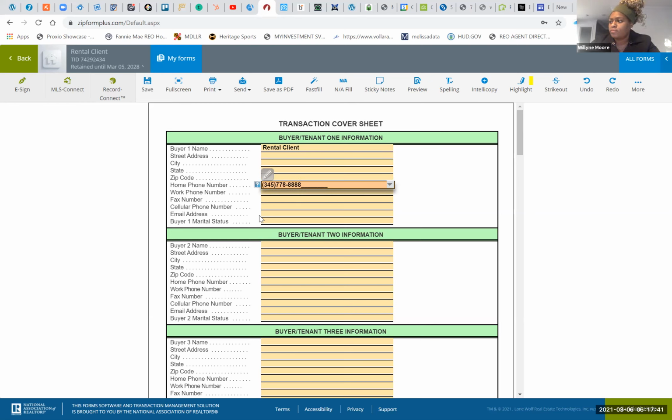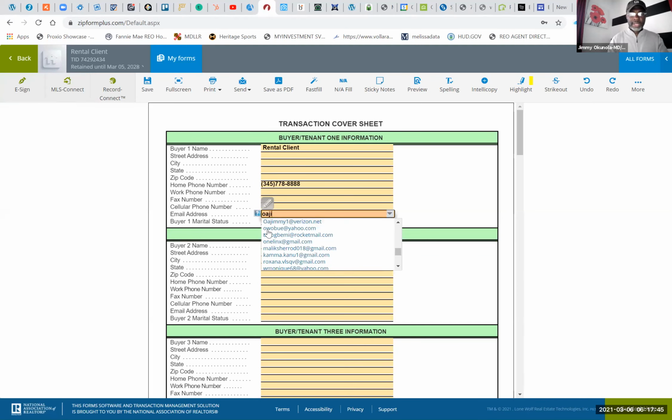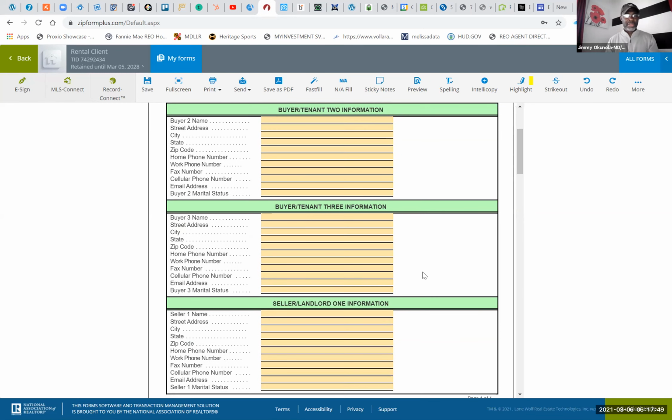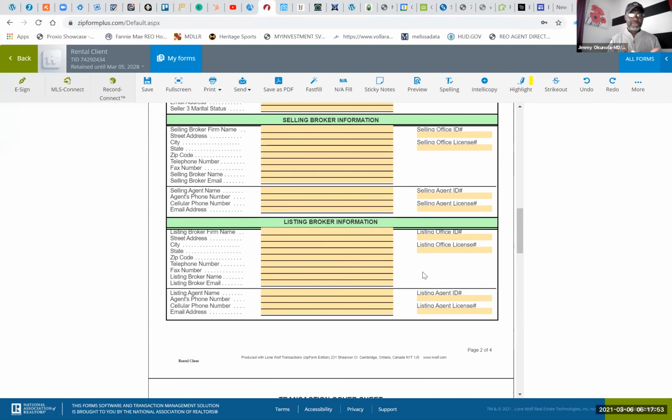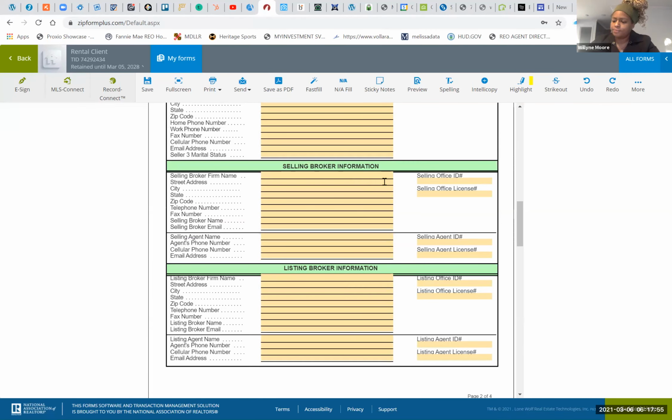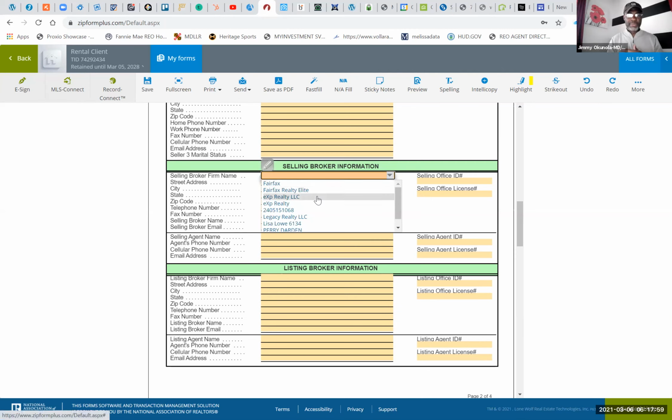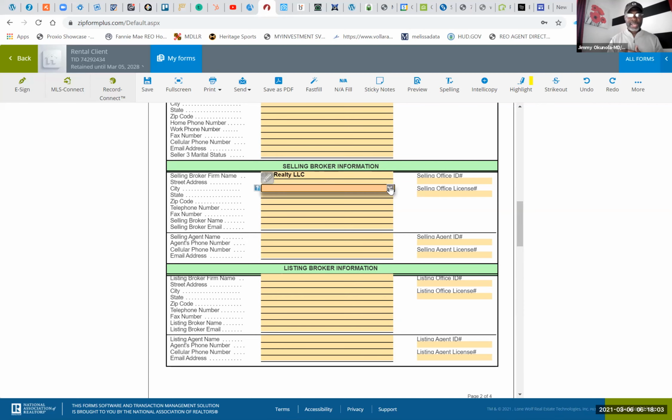And I put their email address on there, right? Once I do that, and any other information I have, like maybe my name because I'm representing them, all that kind of good stuff, and the list on the selling broker part, and I put that in there, and I put my firm name in there, I put the address in there, all that stuff